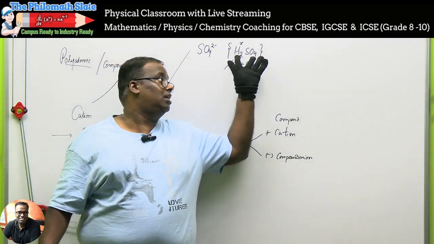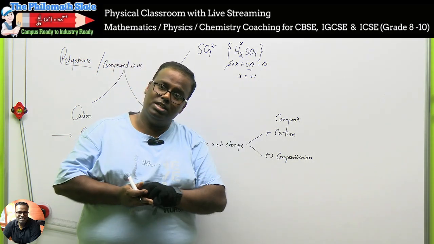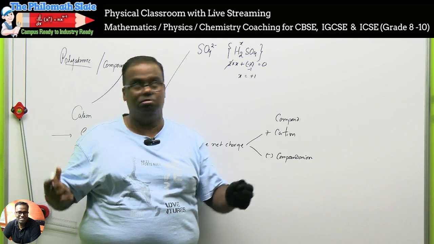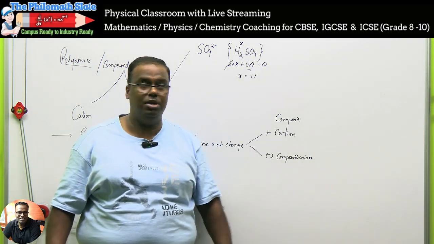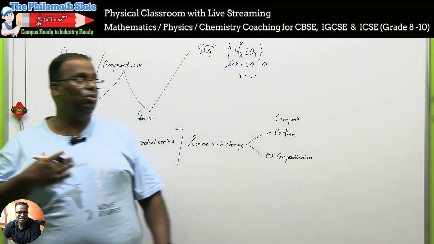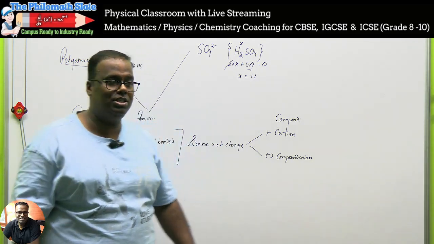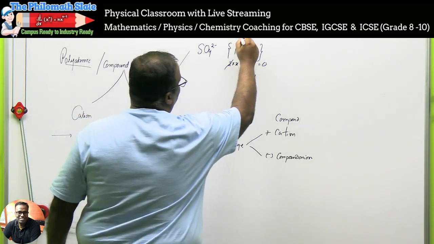Now SO4 we know comes from H2SO4, sulfuric acid. Is sulfuric acid stable? Yes, stable. ये molecule तो exist होता है दुनिया में. That means what should be the net charge on it? 0. I don't know what is the oxidation state of hydrogen. So how do I find out the oxidation state of hydrogen? I assume it to be X.